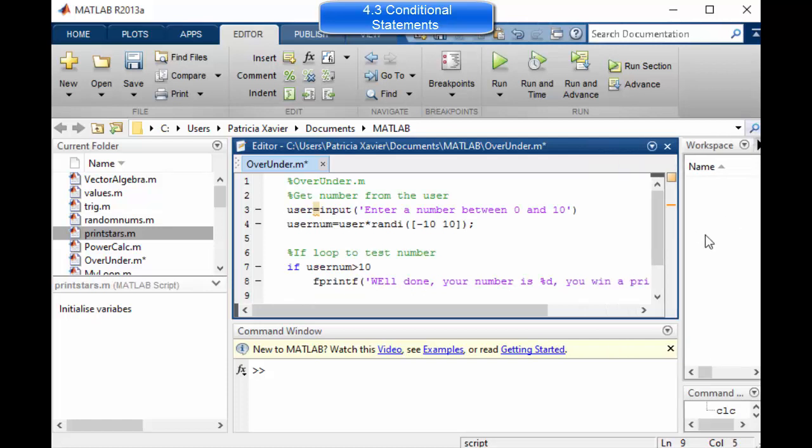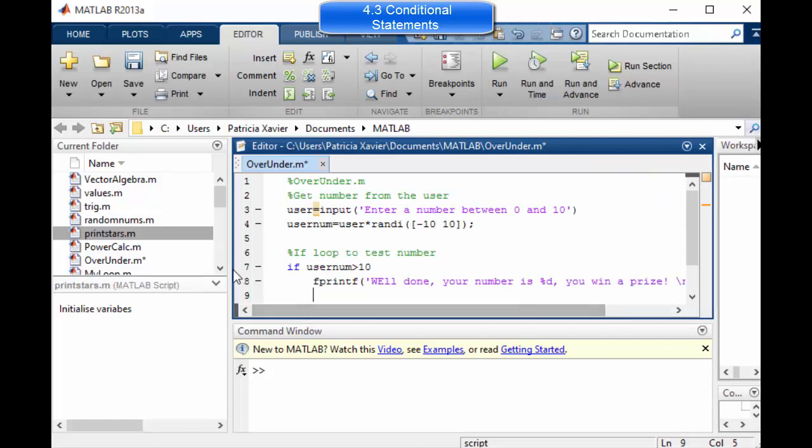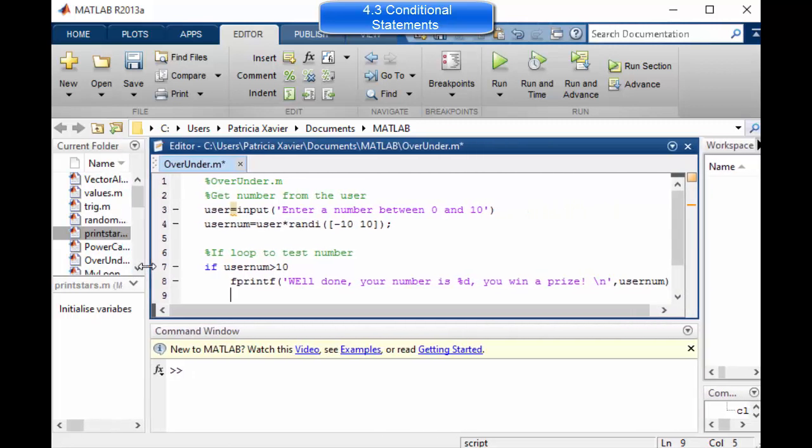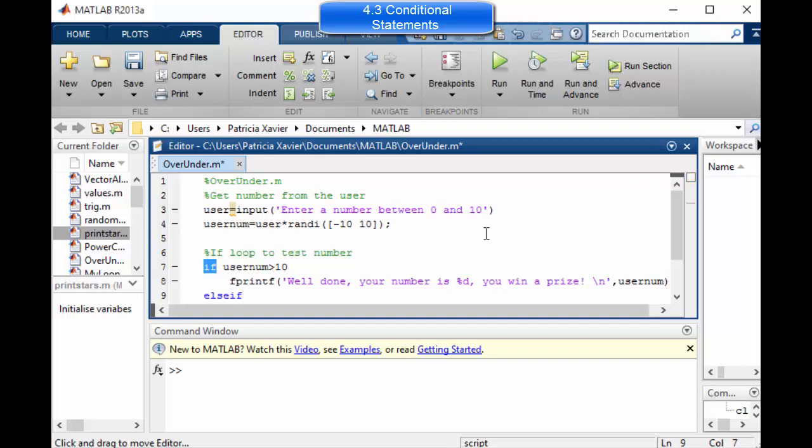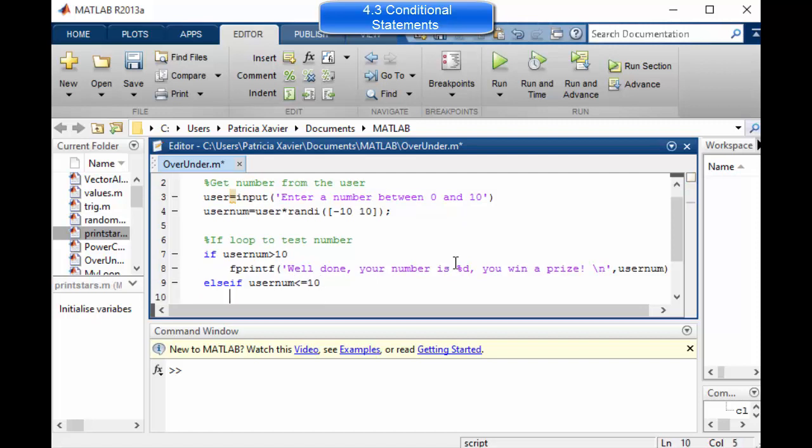Can I expand this a little bit so that you can see what I've written? There we go. So if this condition is true, the script is going to print this instruction. Otherwise, and now we need to use the else if function, this is a different condition that needs to be tested. If the usernum is less than or equal to 10, we don't win. We print something like, oh dear,